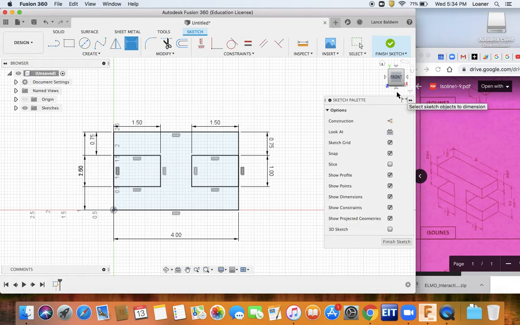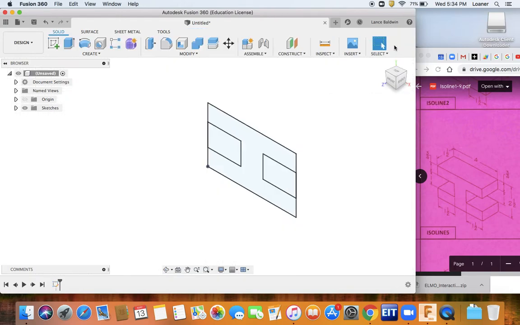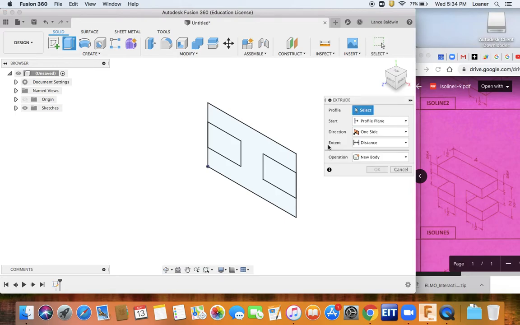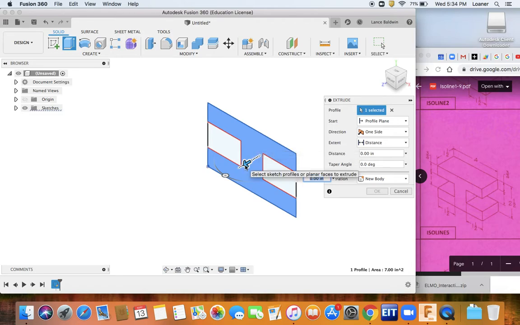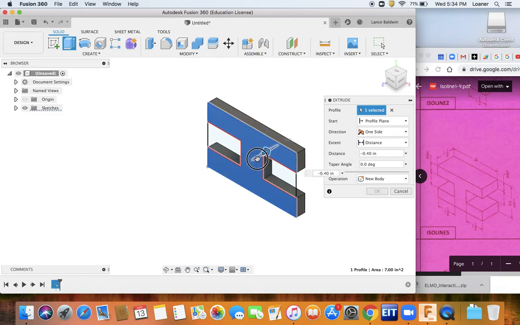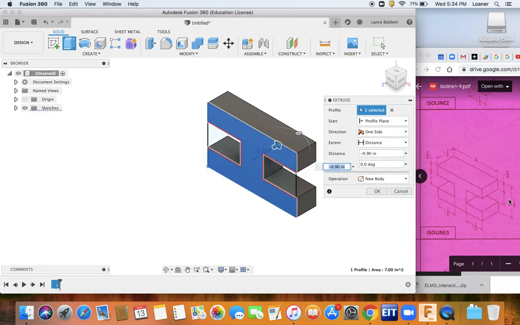Now I'm going to hit finish the sketch, and it's a simple extrusion now. E for extrude. I'm going to select that right there. I like to do it the way it shows on the sheet, so I drew this, and I'm going to push it back. So that puts me into negative territory, so that's fine. What's this distance? 1.5. So I'm going to type in here